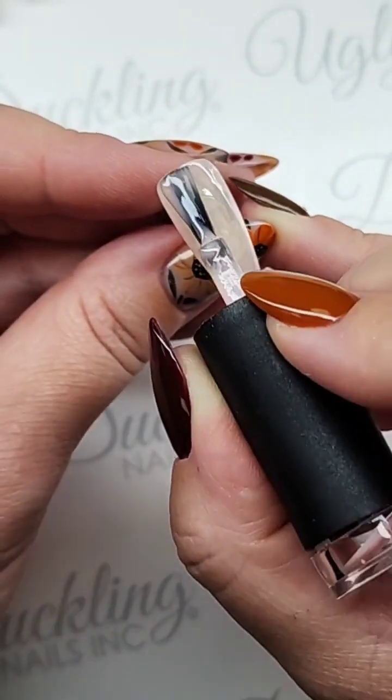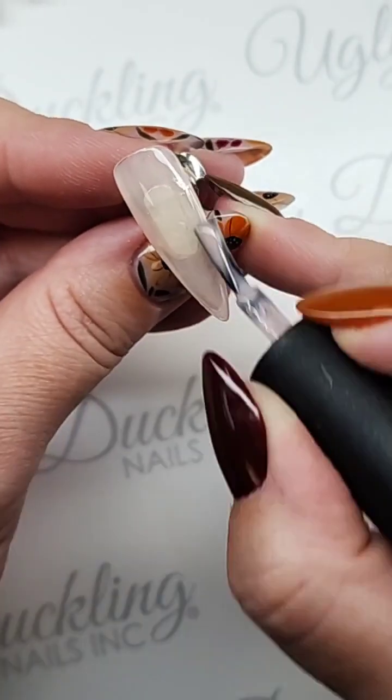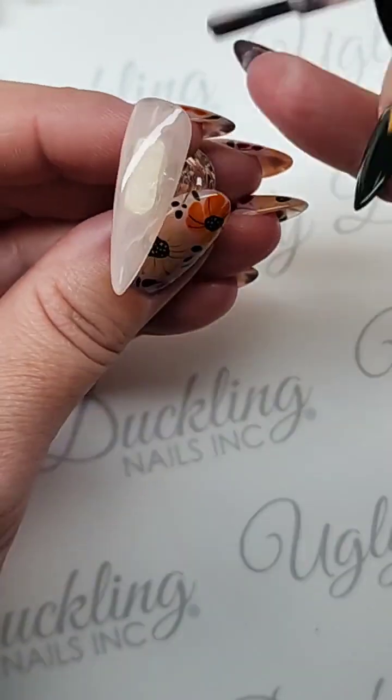I just wanted it to kind of mimic a French nail, a twist on French. What did you say again? French with a French twist. A twist on...